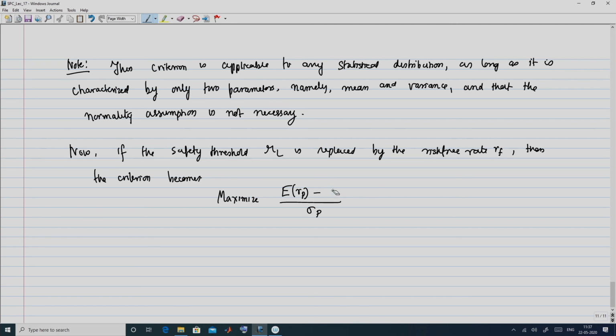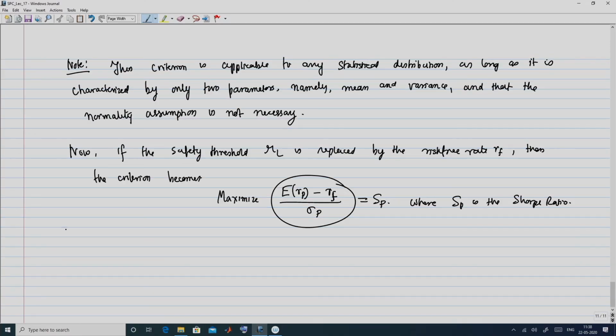So now the R_L becomes R_f, and what is this? This is equal to S_p, where S_p is the Sharpe ratio. So, Roy's criteria essentially reduces, in case of the safety threshold R_L being equal to the risk free rate, to the problem of maximization of the Sharpe ratio. So, accordingly what you can write is that